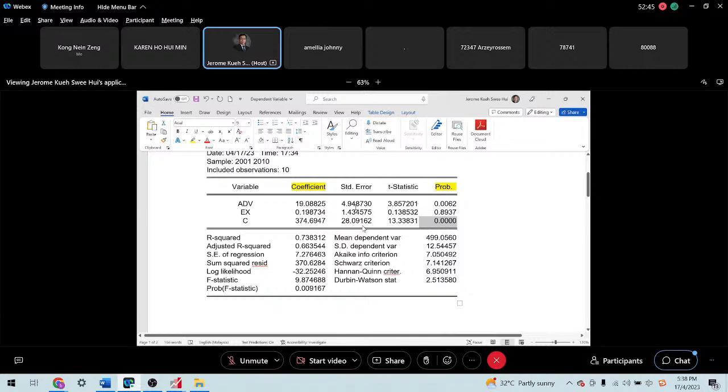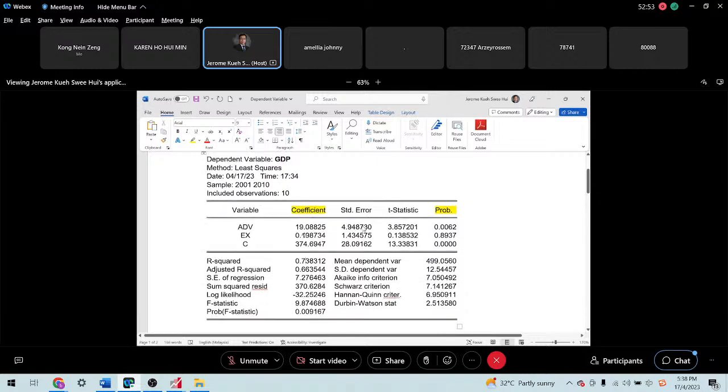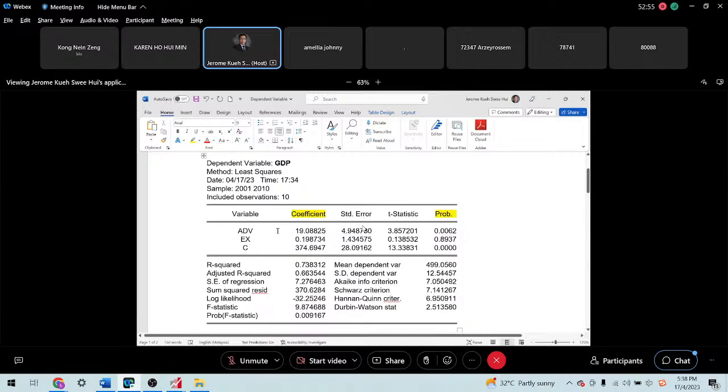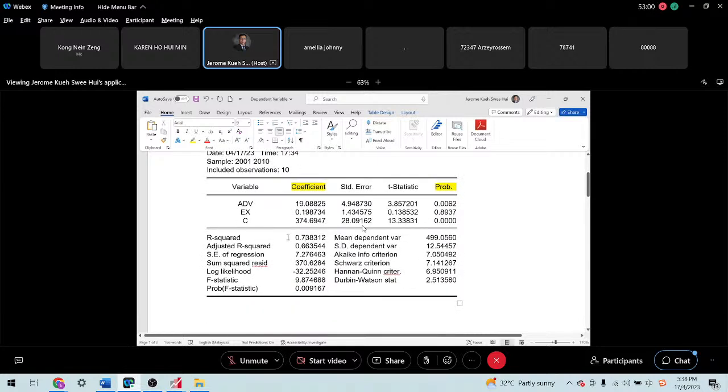Alright. R squared is 0.73, so about 74%. Okay? The changes in the GDP can be explained by the changes in the ADV and EX. So 0.7 looks okay. It's quite average. I mean, quite high.